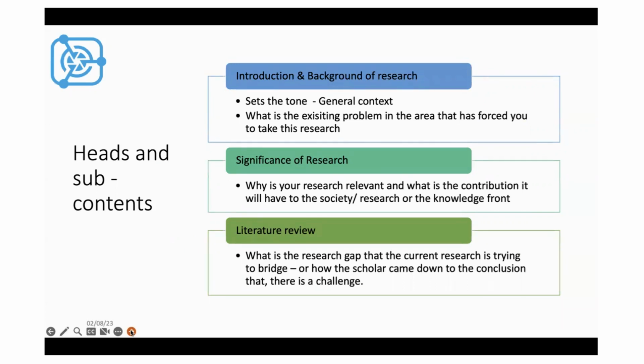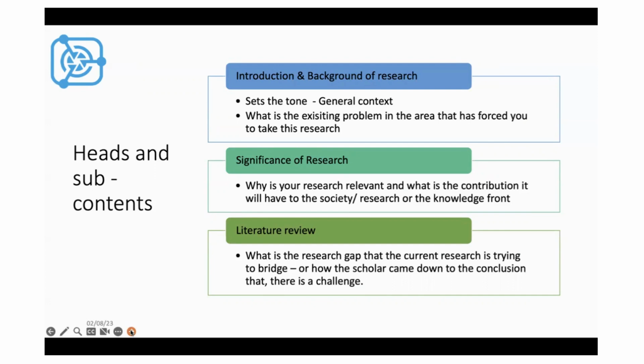Thereafter, it is followed by showcasing the significance of the research. This tells the panel how the current research is relevant for society and what contribution it can have to the existing pool of knowledge. The third important aspect is the literature review. Though it is impossible for the scholar to highlight every literature referred, a scholar must provide the significant literature in the area. It should showcase what gap exists and how the current research will fill in the existing challenge or gap.